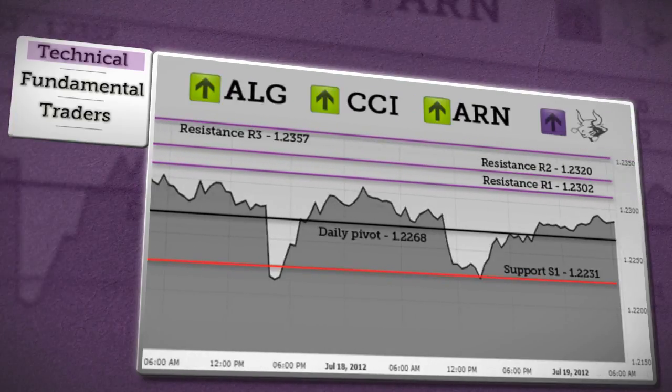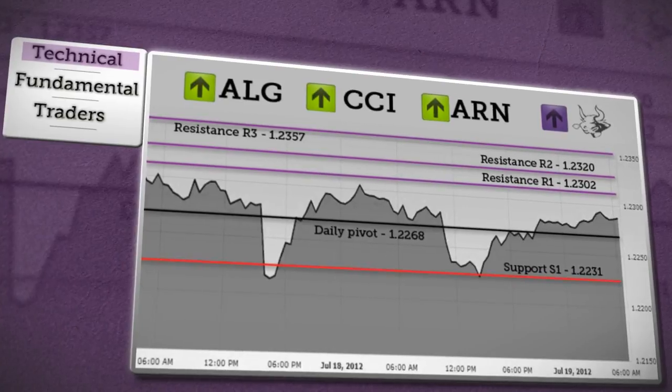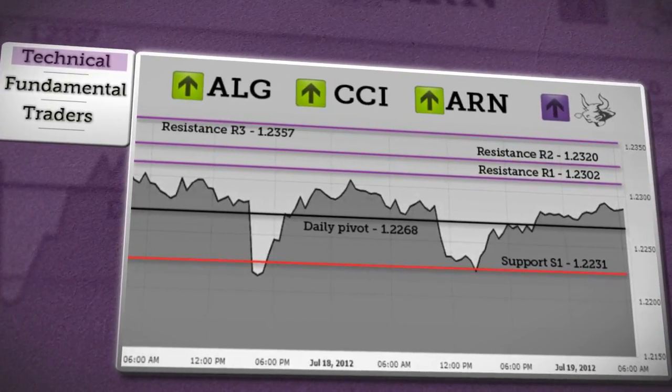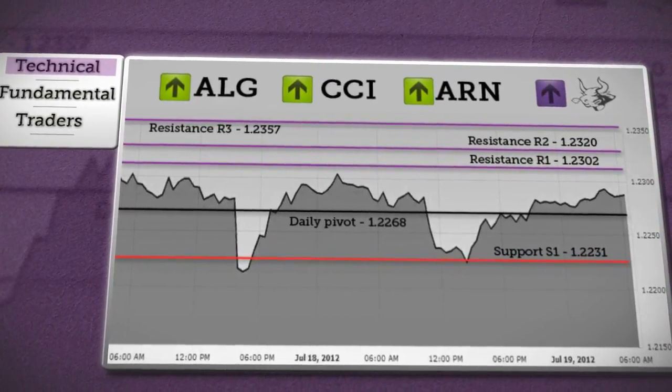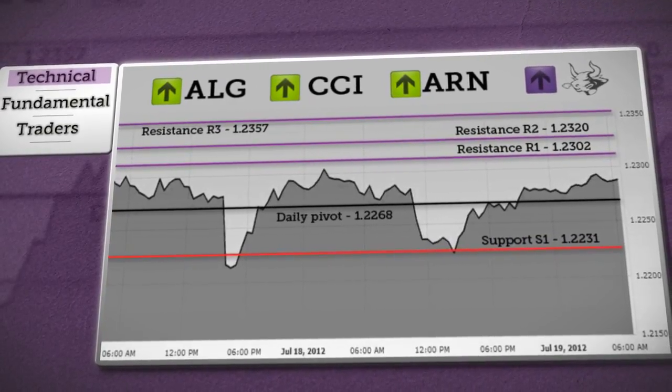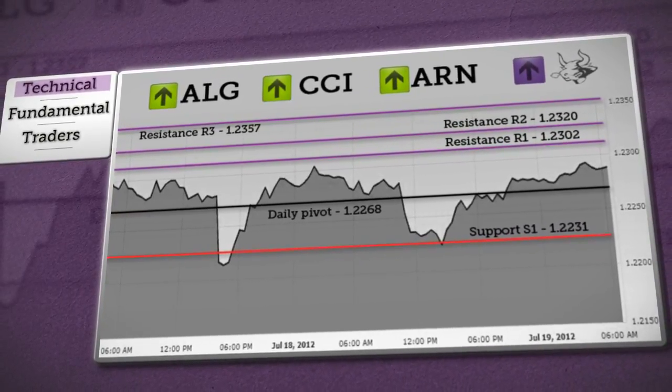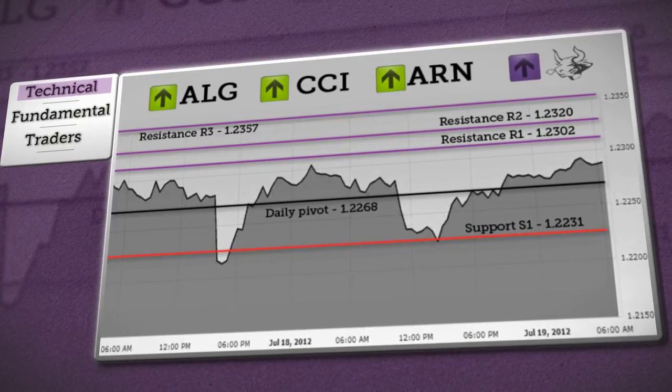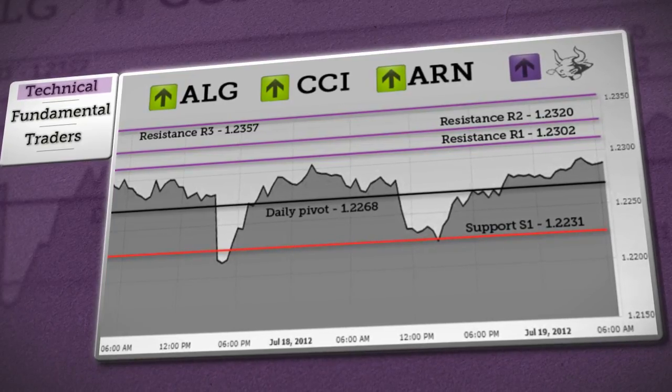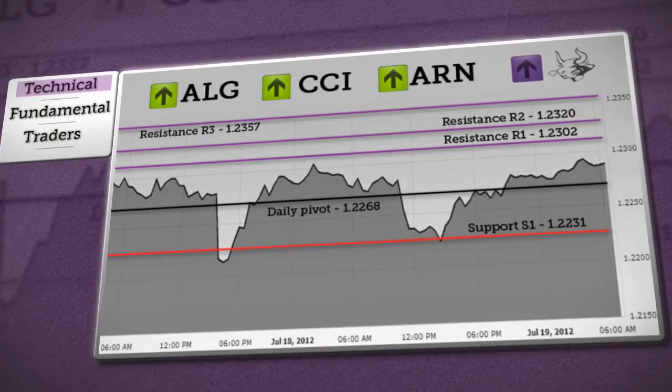The euro dollar was able to break above daily pivot, and if it can break above R1, it will open the way towards R2 resistance and a further rise, suggesting R3 may be in the future. But a rebound will be indicating decline, and a fall below daily pivot will be indicating targeting at support S1. A bullish trend for the euro dollar.